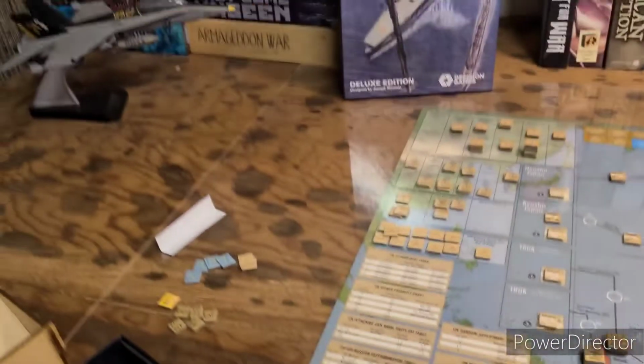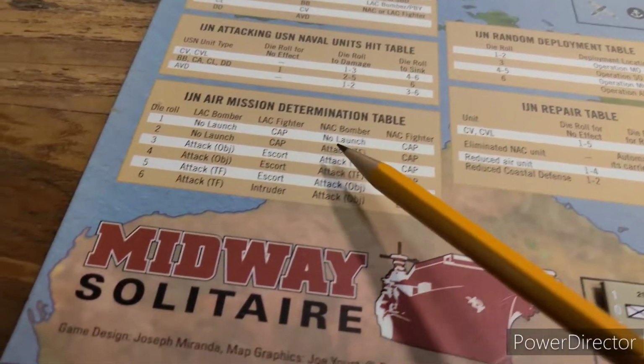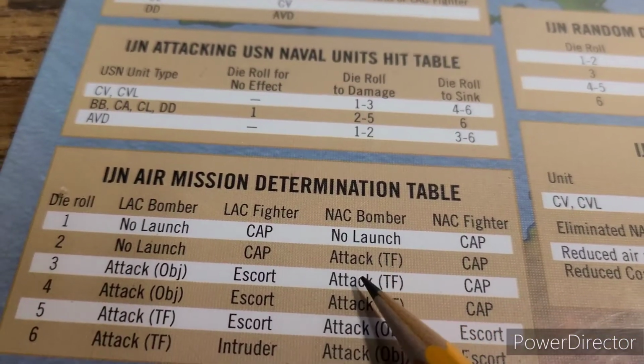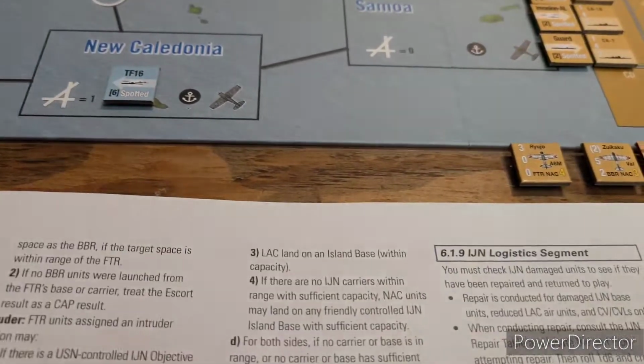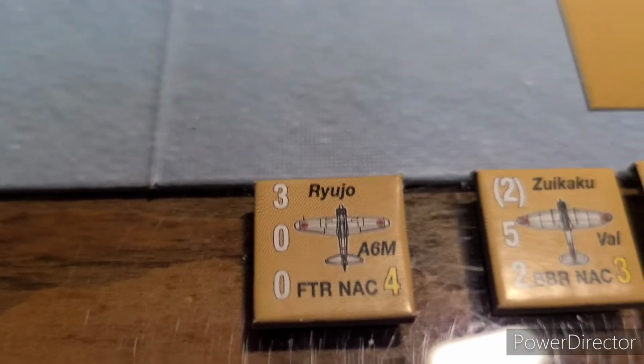Naval Aircraft Bomber. 4. Naval Aircraft Bomber on a mission determination. 4. 1, 2, 3, 4. Attack the task force. There is no task force, so he will be attacking the objective. 2 of them on there. Next, another fighter